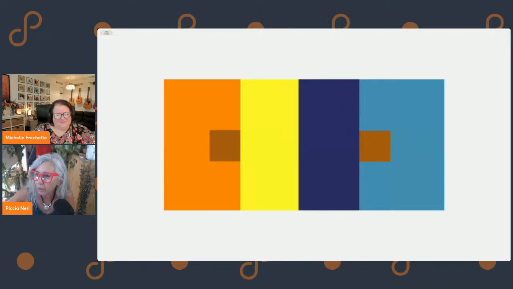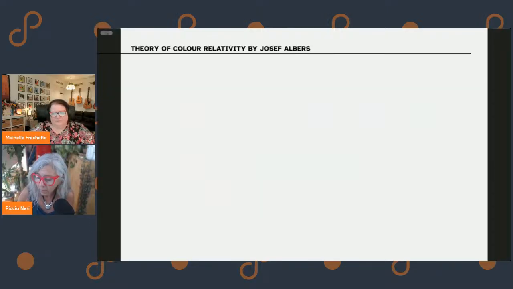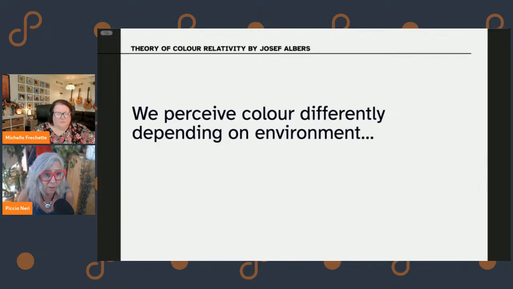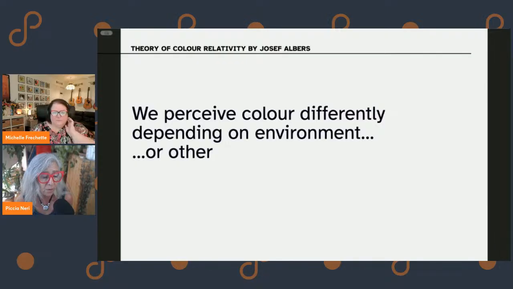We can have a look later at a page with various images from Albers that I called up, because there are so many, and it really is incredible. The same color looks like it's receding or advancing depending on which other colors it's coupled with. So this theory of color relativity says that we perceive color differently depending on environment, or depending also on other factors, because the cultural factor is very important, not only because colors mean very different things